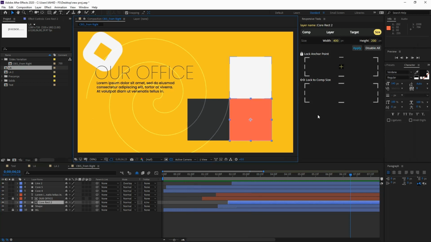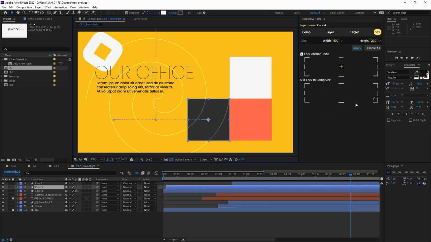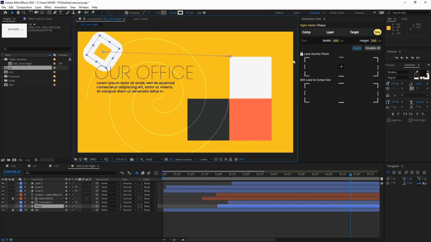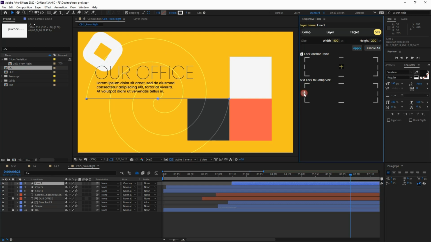But now I will lock these parts to this side of my composition. As you see the effect here and right here, this one also here, because they need to remain intact. I will lock this object on the top left of my composition, and my sentence is here, my curved line here,